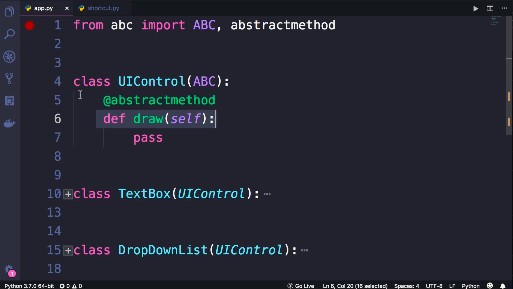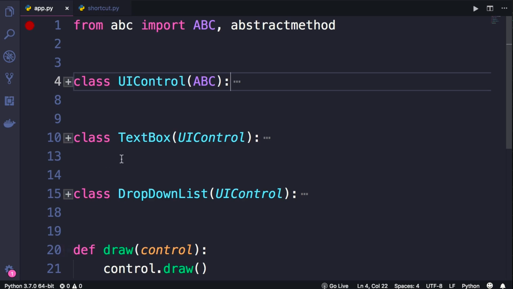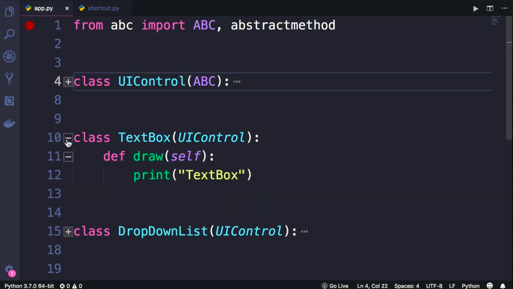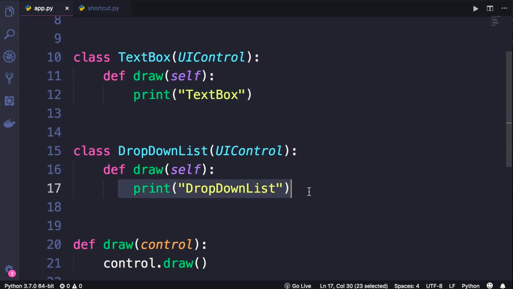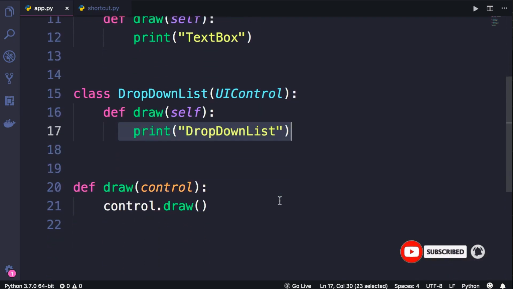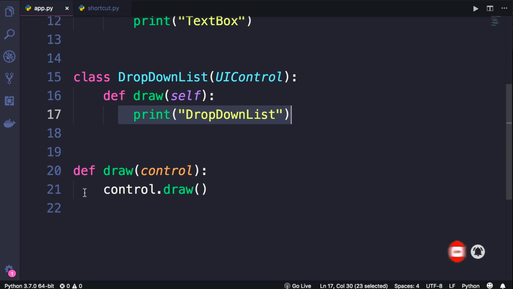Okay? Now, here we have two classes that derive from UIControl. One is TextBox and the other is DropDownList. Both these classes implement the draw method. Here we simply print TextBox, and in the DropDownList class, we print DropDownList. So nothing new so far. Now, here we also have a function called draw that takes a UIControl object and calls the draw method